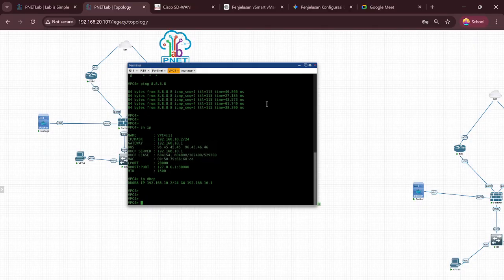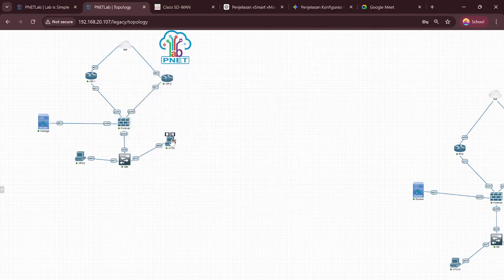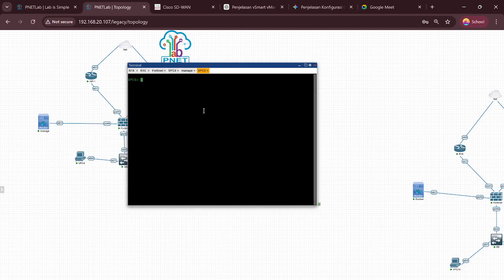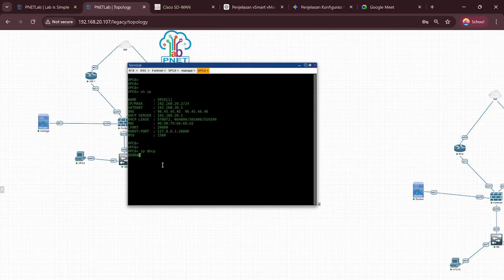And next VPC6, show IP. Okay, the IP and mask, this is prefix 24. Check the IP DHCP. Okay, DHCP is successful, DORA, and test ping.